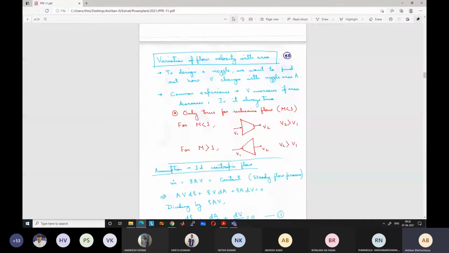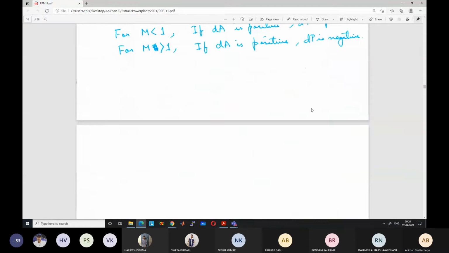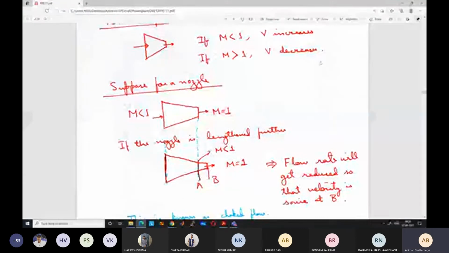What will happen in this convergence section? Can the velocity increase in the convergence section? Because already velocity is at Mach number 1. So for the velocity to increase, it has to be supersonic, right? But in a convergence section, for a supersonic flow, what happens to the velocity? Does the velocity increase or decrease in the convergence section for a supersonic flow? It decreases, right? That is what we have found. If M is greater than 1, V decreases. So it has to decrease to less than 1.